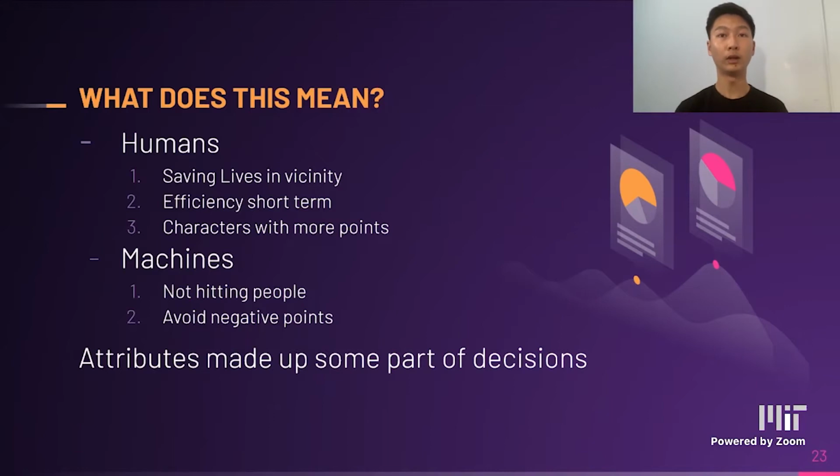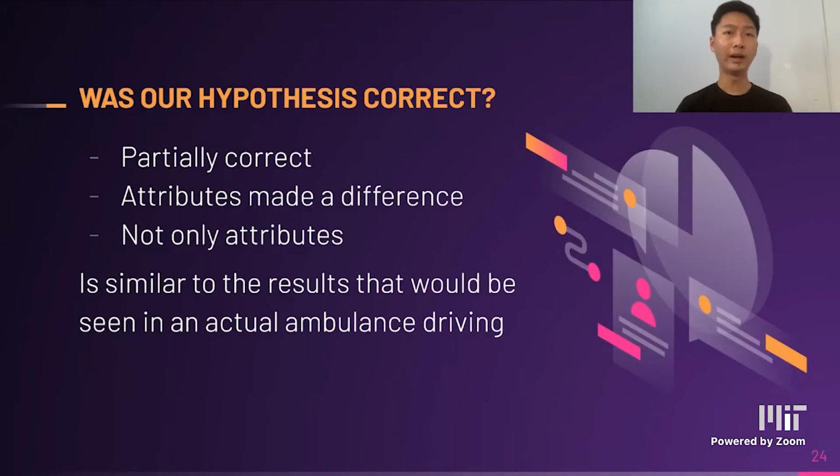When taking into account probability of appearance, each character was saved more when they were prioritized. Since the map was seen from above, the attributes were not as clear to the player, and the player did not have as much sentiment for the various characters. So after all of our modifications, was our hypothesis correct? We collected data from each game type of varying reward structures and determined it was partially right. While the different reward structures definitely made a change in people's decision, it was not the only factor, and more data would be needed to verify significant result.